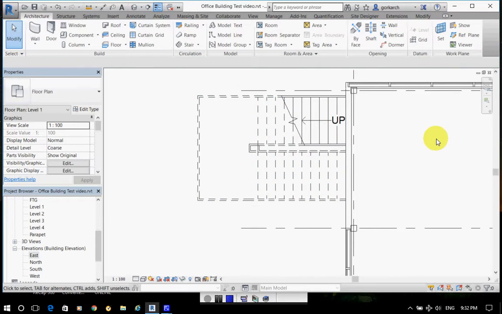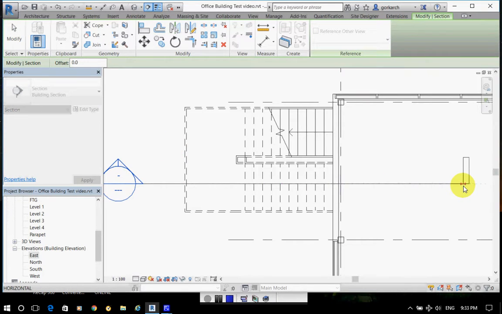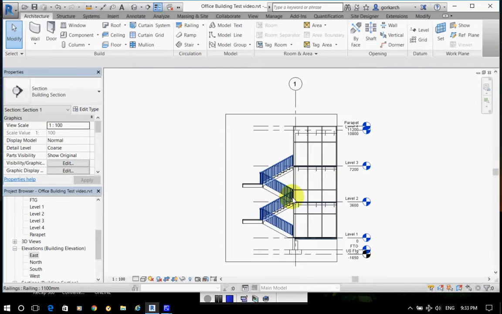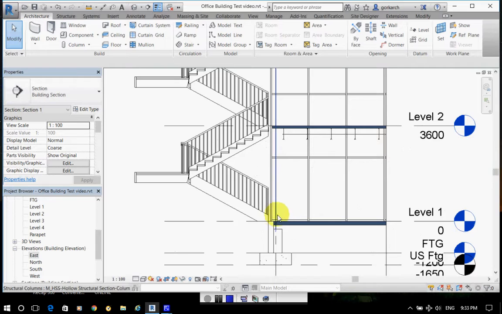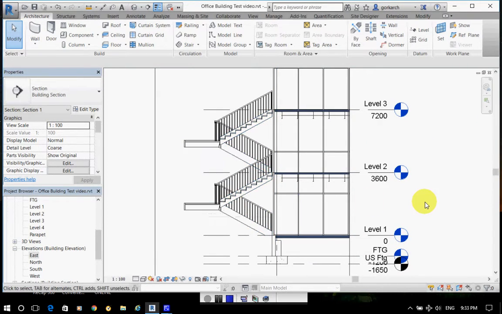I'd like to review it in a section, so I'll create a section view, escape, and in that section view I can clearly see the condition of the exit, railing and size of the landing. Back to level 1,